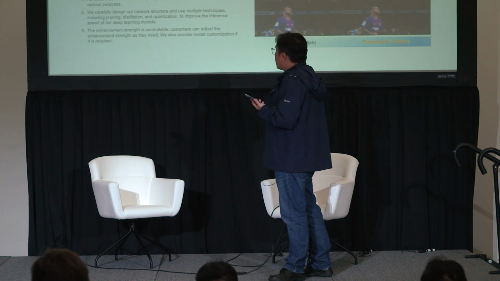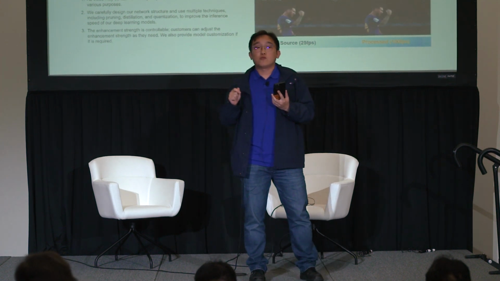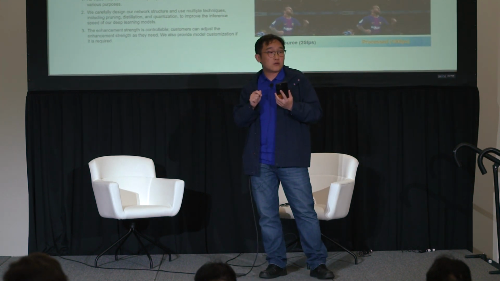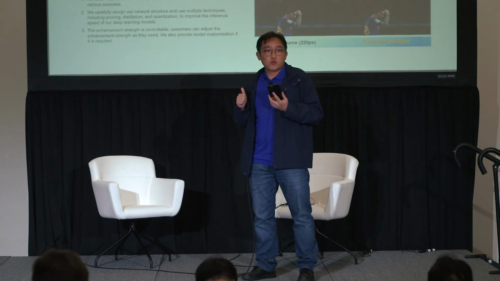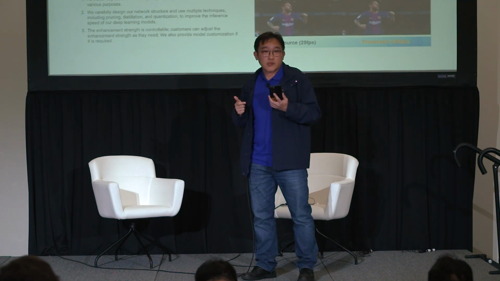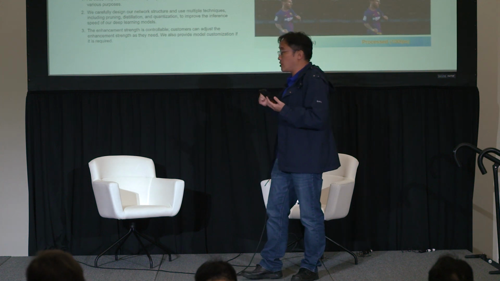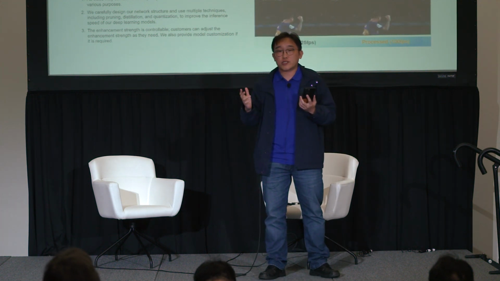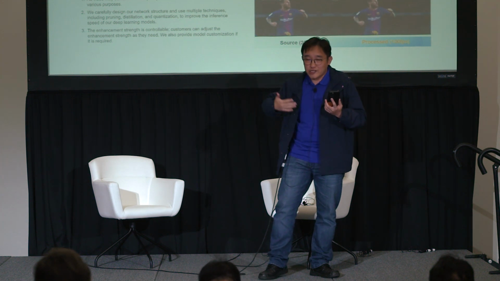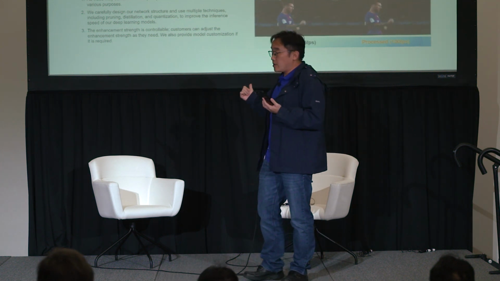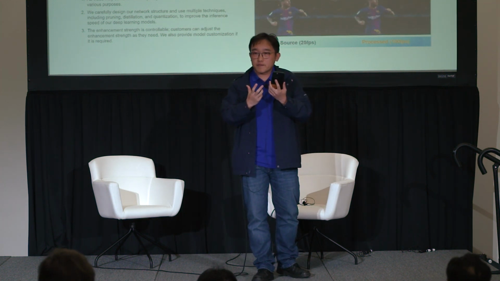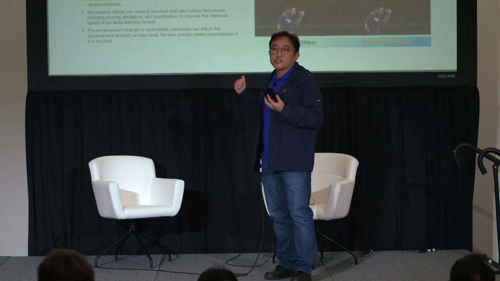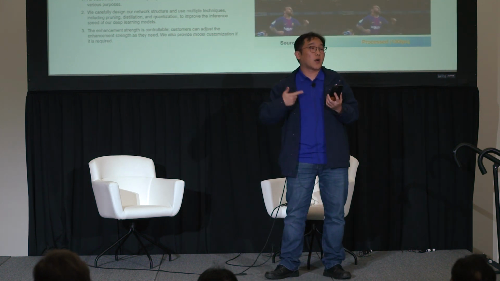So actually, we carefully design the model structures to make them not too big and too slow. As well, we also use a lot of approaches to reduce the inference time of our AI model. For example, we use the student-teacher approach, letting the teacher model teach the student model. We use network distillation to make the model smaller, and we only use high precision during the inference to make the model run faster.